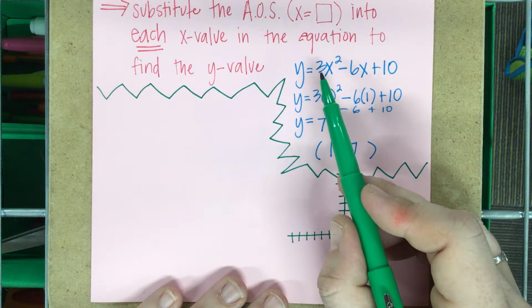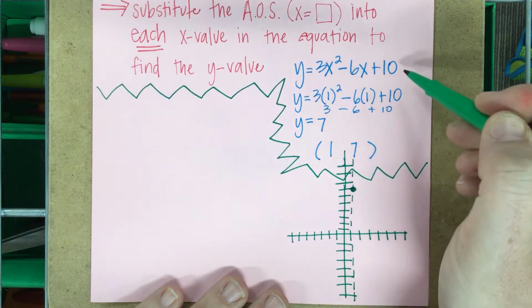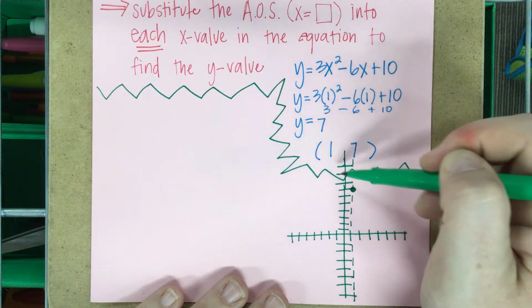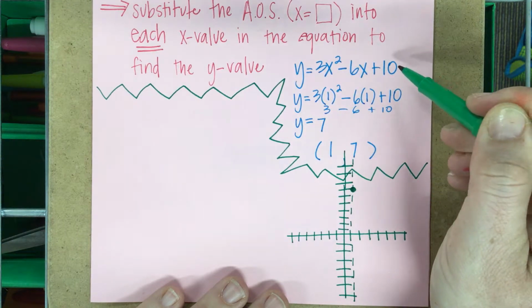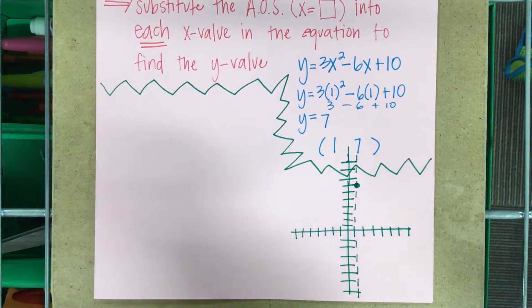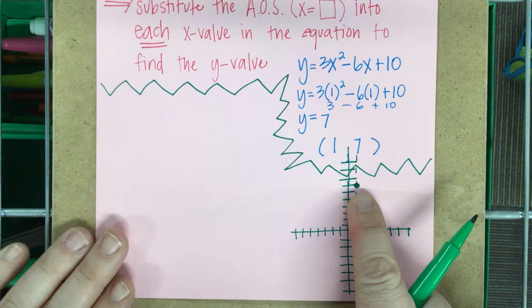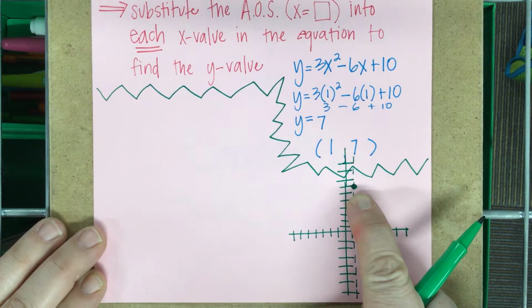It opens up. Why does it open up? Because A is positive. It's going to go like this. Does it have a maximum or does it have a minimum? Minimum. So once you've done this, we're going to make it a little bit easier to graph because yesterday our